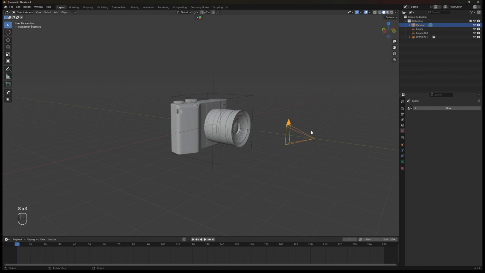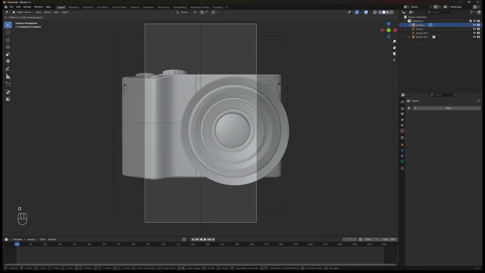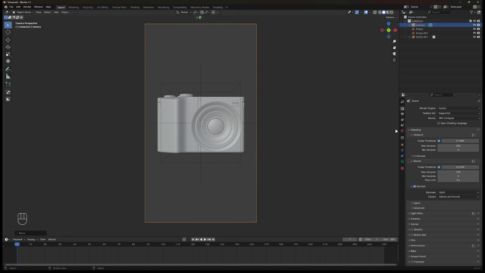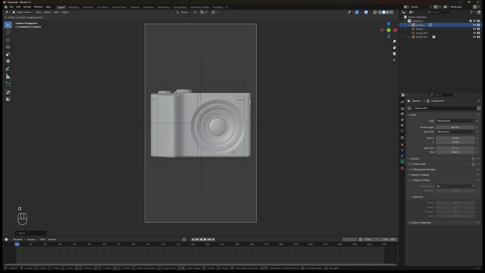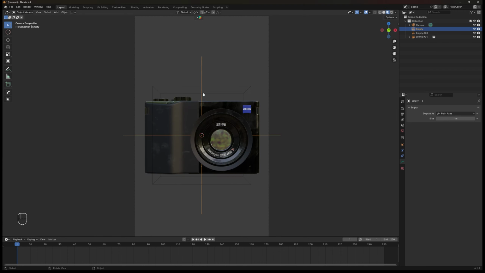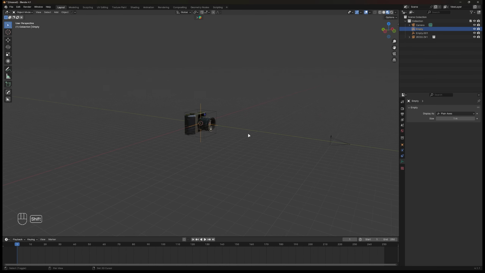Select the camera, then click that camera icon on the right to change the view to camera view. While it's still selected, press G and click the middle mouse button and drag the camera away. On the camera options, change the focal length to 80mm and adjust the camera position once again. On the bottom panel here, turn on depth of field and set the empty plane axis as the focus object. To view the depth of field, just move the empty on the Y-axis in material preview. This will save your time rather than using render preview.